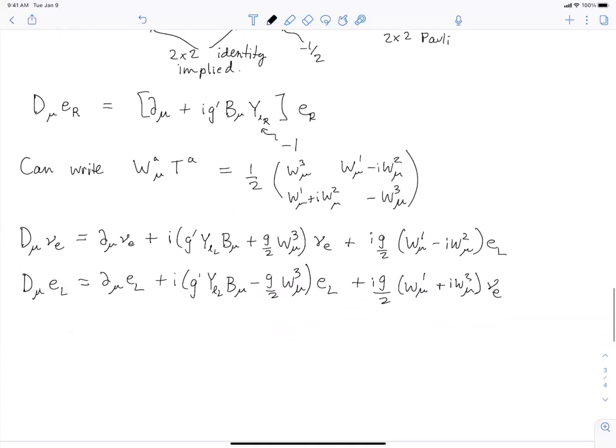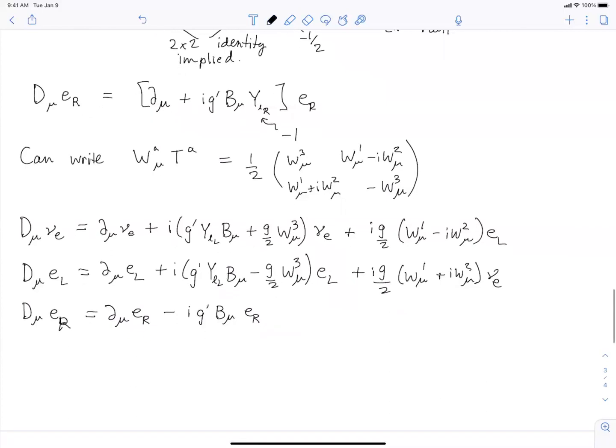And things are simpler for the right-handed electron. That's just partial mu E right minus i g prime B mu E right. There I've used the fact that the charge of that is just -1. So if we look at this, we see that we have a problem, perhaps, because it looks like this might